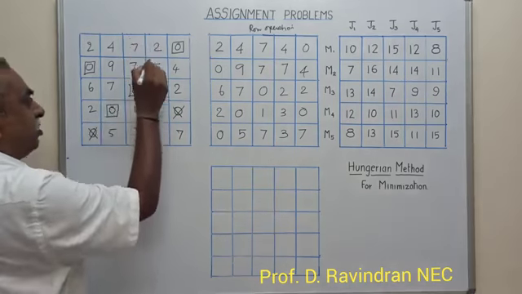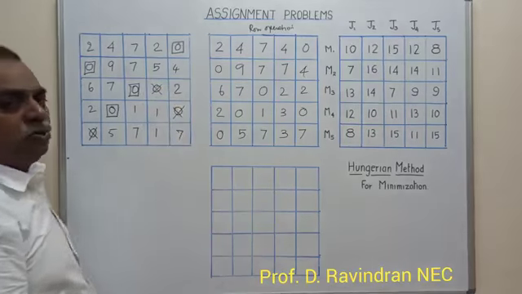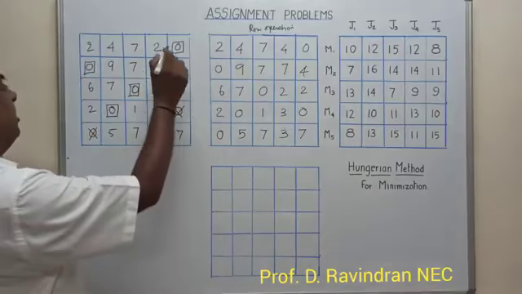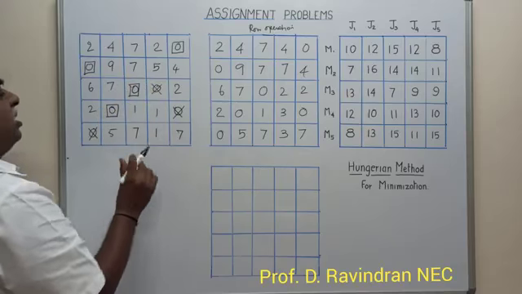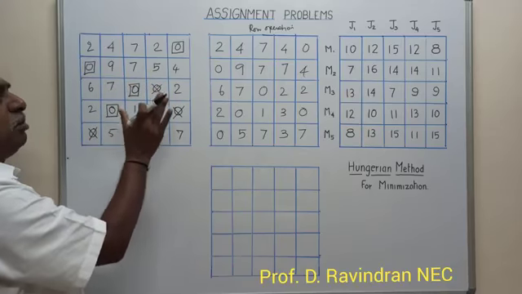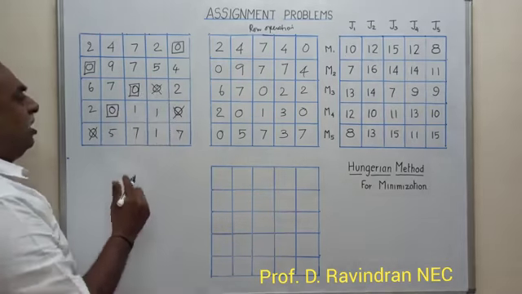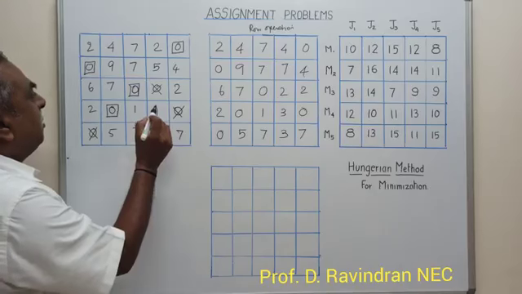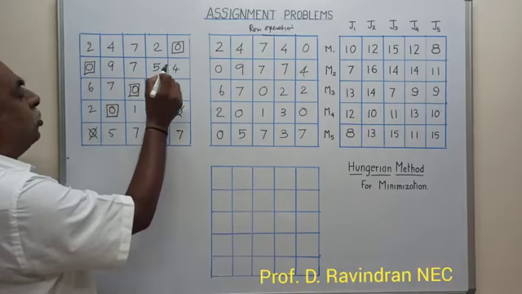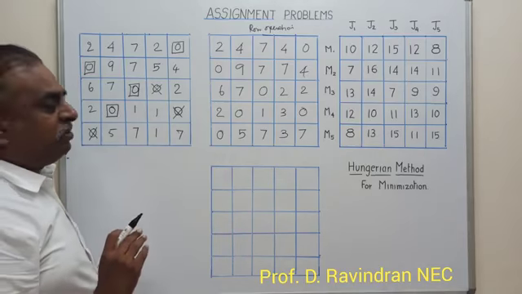So we can just pass on to this next column, and in this column there are no zeros to allocate. So here there are only 4 assignments instead of 5 assignments. If there are 5 assignments, the problem will be over. So to proceed further, we have to draw a line passing through all the zeros, with the minimum number of lines. For that there is a special procedure we can use.